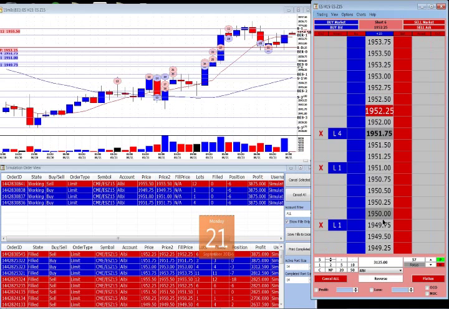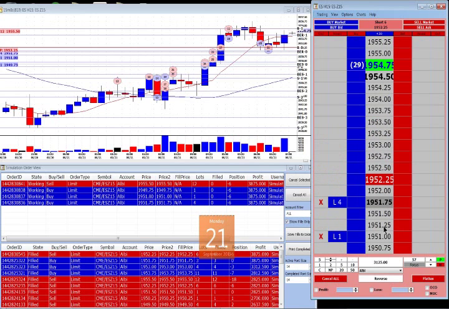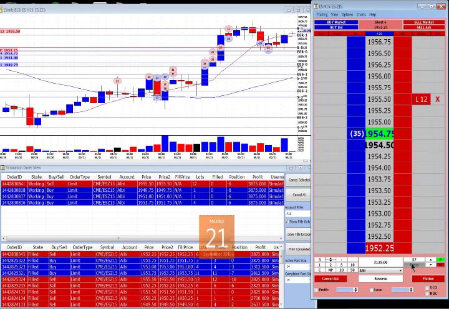$19.5225. We are going to buy back 4 at $19.5175, 1 at $19.50, and the last contract at $19.4975. How we make money is every time